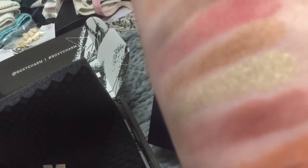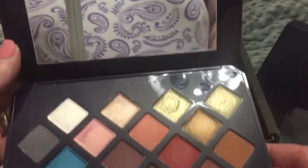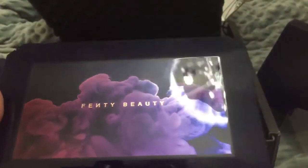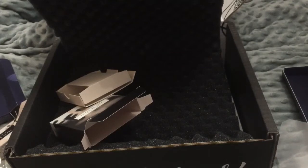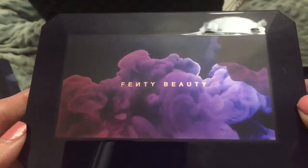I'm not the world's best swatcher, but for the most part, a lot of them are the same, but they're almost like different intensity. So in all you get 16 colors. But I thought that's a very pretty palette, actually. It says that the Spice has 16 richly pigmented shades, serving up a dash of matte, satin, pearl, metallic, and shimmer finishes. It's only $29. That's half the price of a